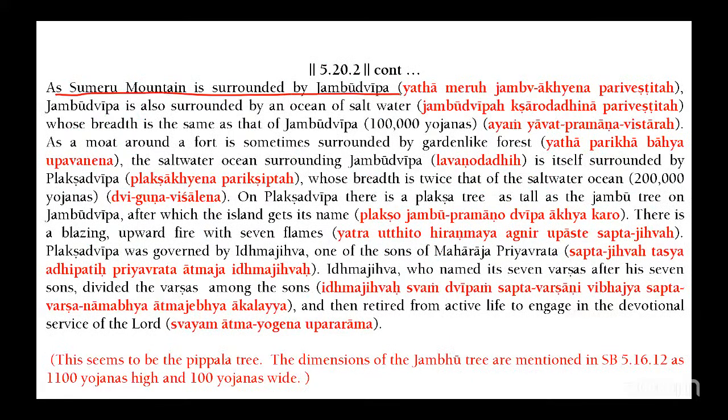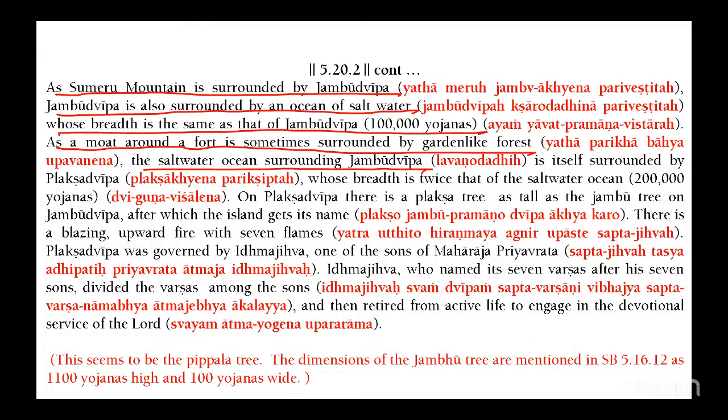As Sumeru mountain is surrounded by Jambudvipa, Jambudvipa is also surrounded by an ocean of salt water, whose breadth is the same as the Jambudvipa, which is 100,000 yojanas. So Jambudvipa is surrounded by the saltwater ocean, and the breadth of the saltwater ocean is 100,000 yojanas, the same as Jambudvipa. As a moat around a fort is sometimes surrounded by a garden-like forest, the saltwater ocean surrounding Jambudvipa is itself surrounded by Plakshadvipa,